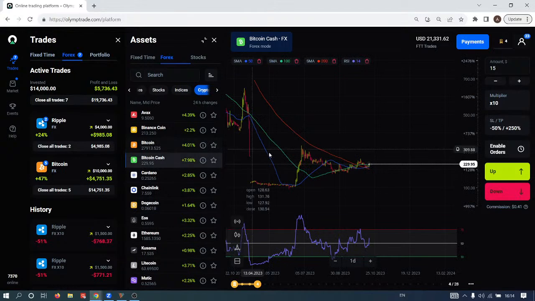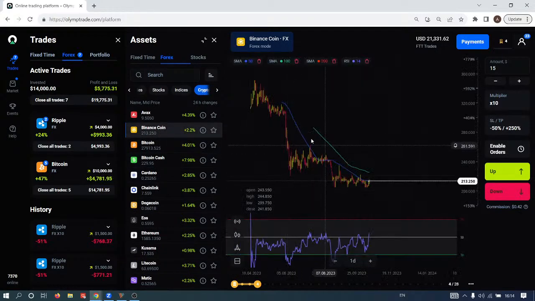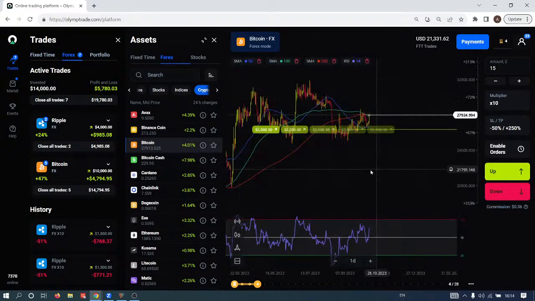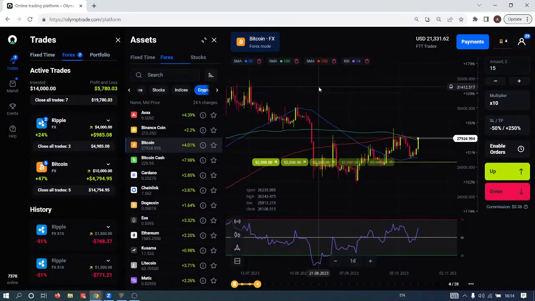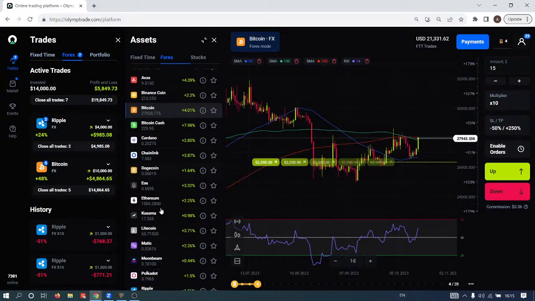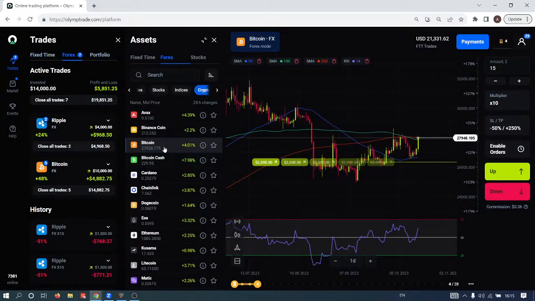Even Binance coin can easily go towards 300, 400, and at the same time, I think that Bitcoin, despite being the most heavily capitalized cryptocurrency, still might have the highest growth potential. There is a very simple explanation to this. Everyone knows of Bitcoin. Even nowadays, not many people look beyond Bitcoin and maybe Ethereum,